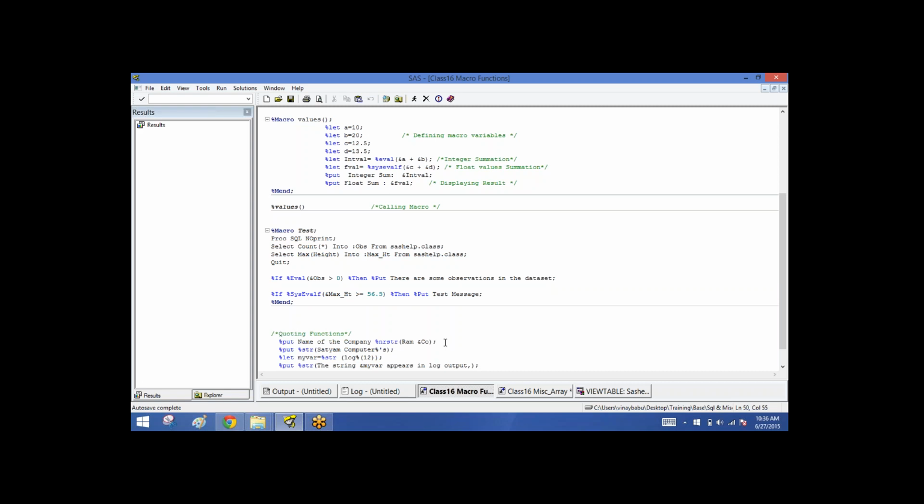Yeah, we'll learn this. So if you want to mask any special characters, what do we use ampersand for normally in the macro variables? To call the macro variable, right? Ampersand is used to call the macro variable. Now let's say I want to mask this one. I want to mask ampersand. What do we use ampersand for? Ampersand is used to call macro variables. Now if I want to mask this ampersand,